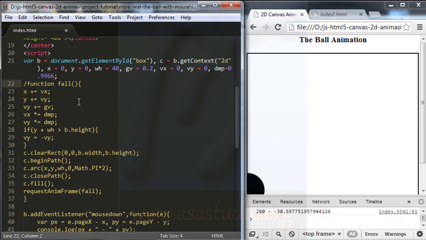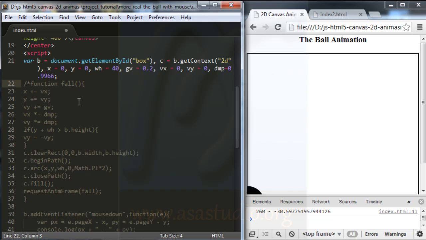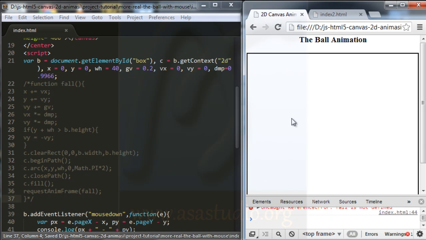Now I deactivate the function: I add a comment opening and closing around it. And if I save and reload, now I have the position in positive, okay, like this, I have 50.